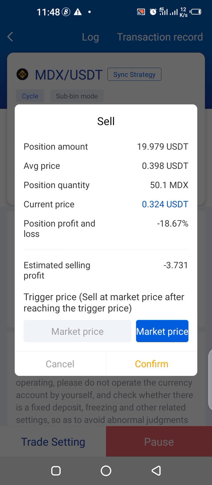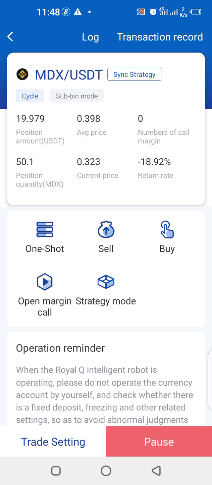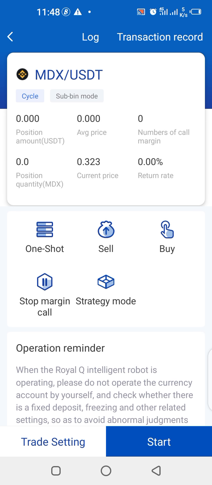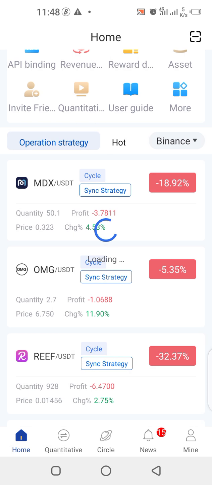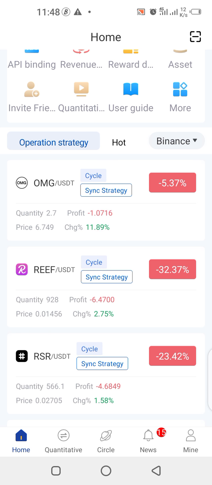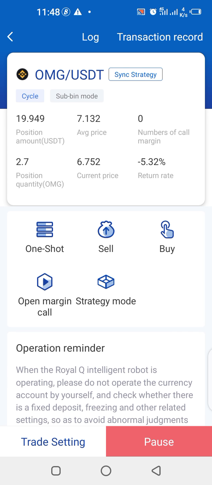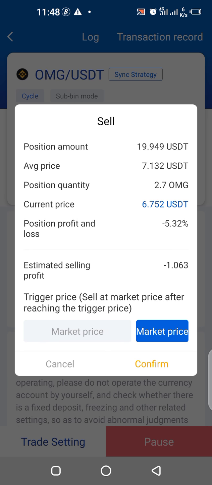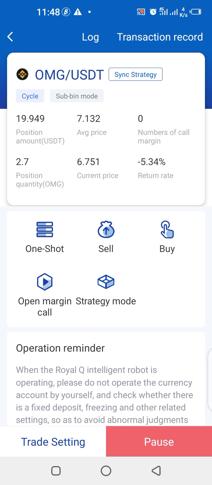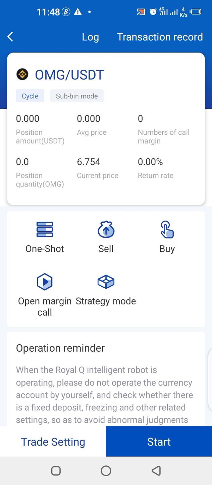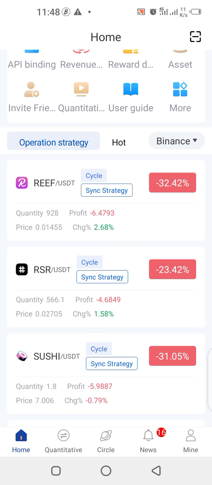We have to sell them off so that the USDT can return to the Binance USDT wallet section, so we can do everything gradually. So please bear with me. Let me close all these trades